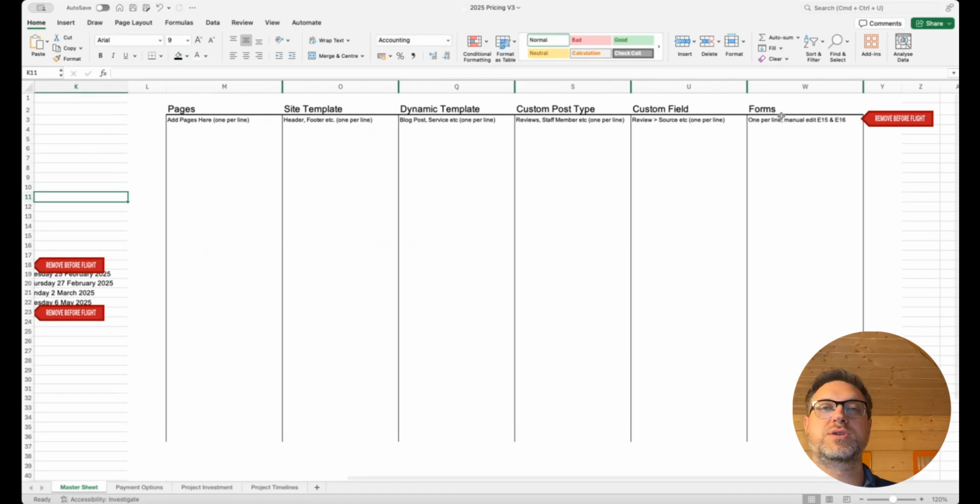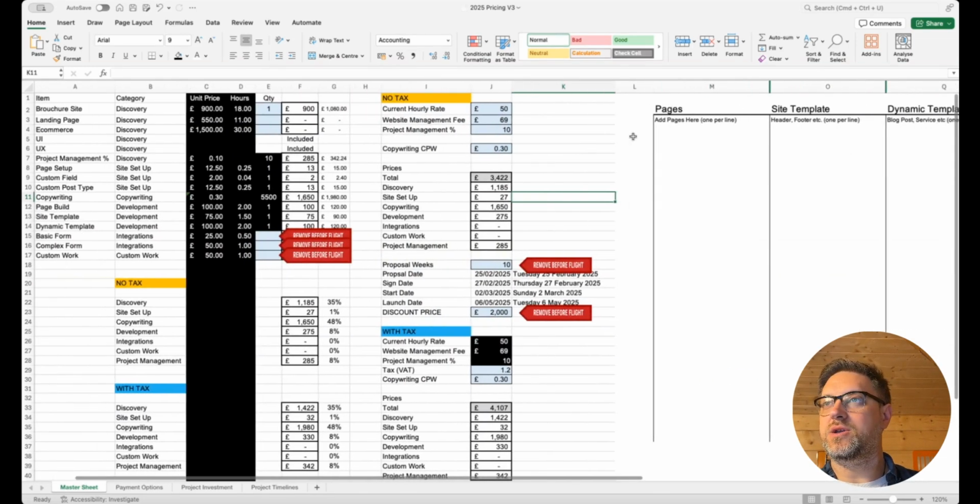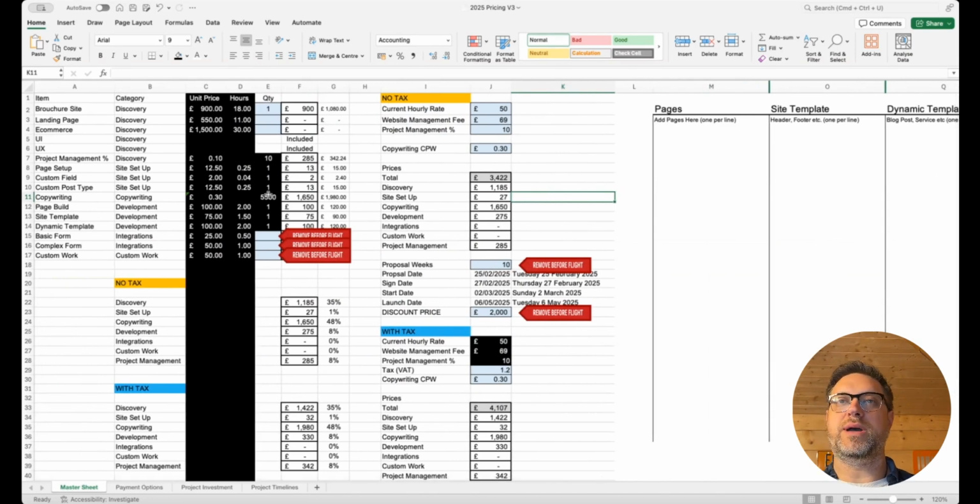Now, when you are doing your discovery and you're working out exactly what you're going to be building for the client, you will formulate your list of pages, templates, custom post types, custom fields, forms, everything that you're going to need to build on this website. You are going to start listing over here in this section. And every time you add a line on here, it's going to add the appropriate amount on to the cost. So for example, currently pages, let's say we need a home page and about us,